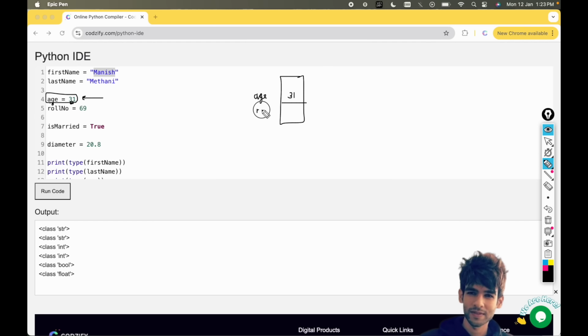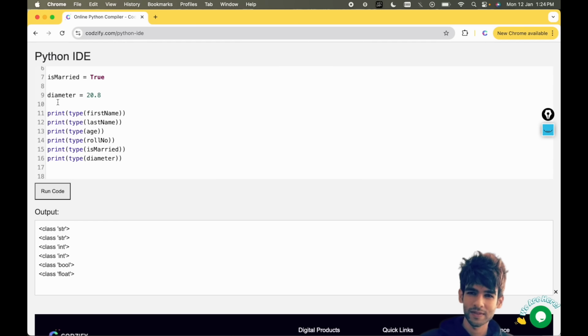So these kind of blocks are created inside the memory whenever we create a variable, and with the help of these variable names, we can access those values stored inside these boxes or blocks. Similarly for a string as well, that will be stored here, and this is how you represent variables inside memory. So we don't have to worry about how these things work, but you must know what happens behind the scene.